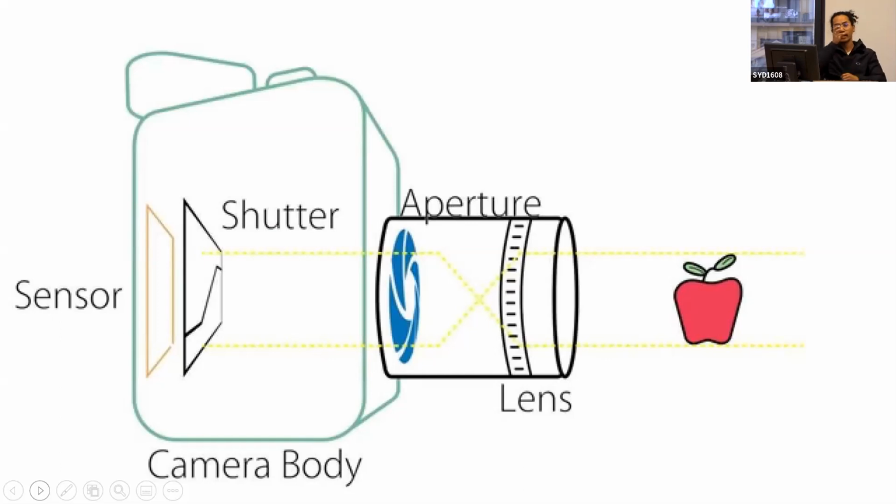Before that there is an aperture, which is basically a hole that passes the amount of light you actually want to go in through the shutter to the sensor. The aperture controls the amount of light going in. It is in the lens, and then there is our subject in the rightmost place, that is the apple, right? So that's basically how a camera looks. Now if you go to the next slide,